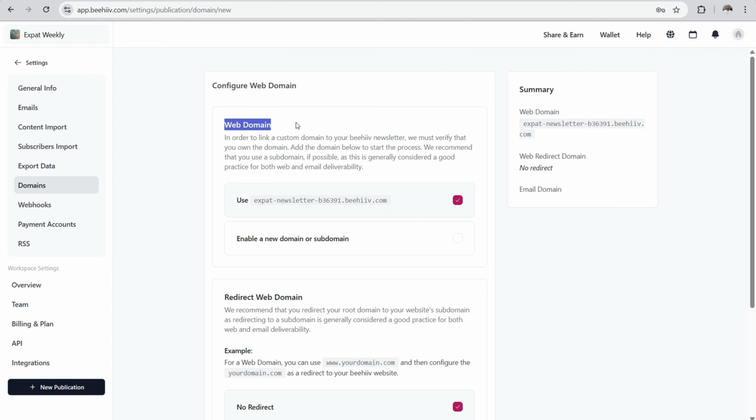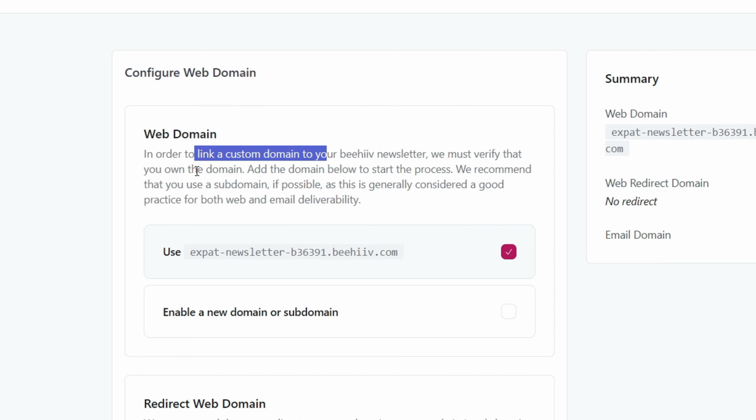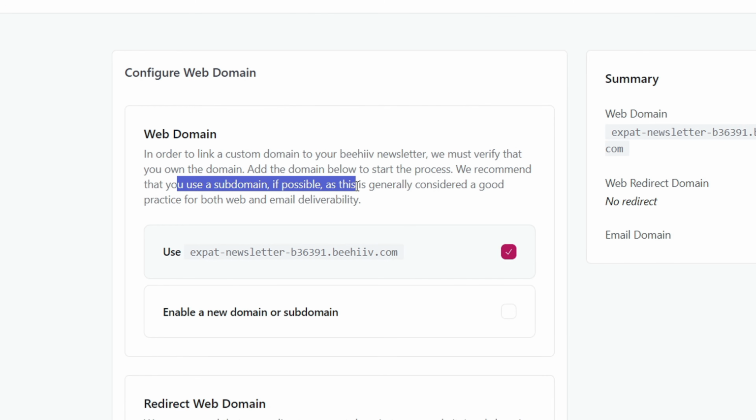Okay, so now it says web domain. In order to link a custom domain name, we have to verify that you actually own the domain name, obviously. And add domain name below to start the process. We recommend that you use a subdomain. Now, this is where a lot of people get thrown off because they're like, a subdomain? You mean I have to use